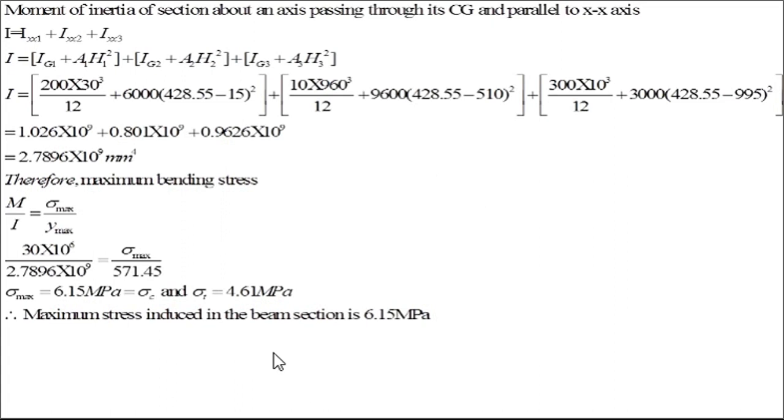So this is our problem number 4. In this way, you select different cross sections of the beam and try to solve different numericals. Problems are very simple. Here you have to use the flexural equation. In the equation we have the term M upon I equals sigma by y. It means you have to calculate the maximum moment M and the moment of inertia I. Then to know sigma max or sigma c, sigma t, you should find the values of y max. In this way, try to solve a few more numericals. Thank you very much.